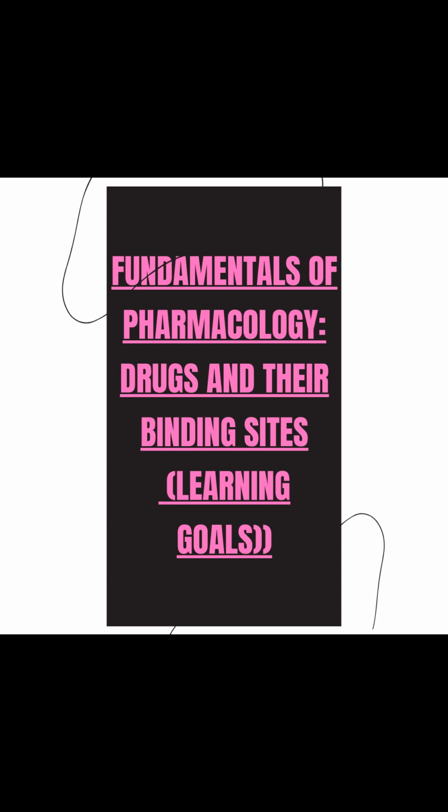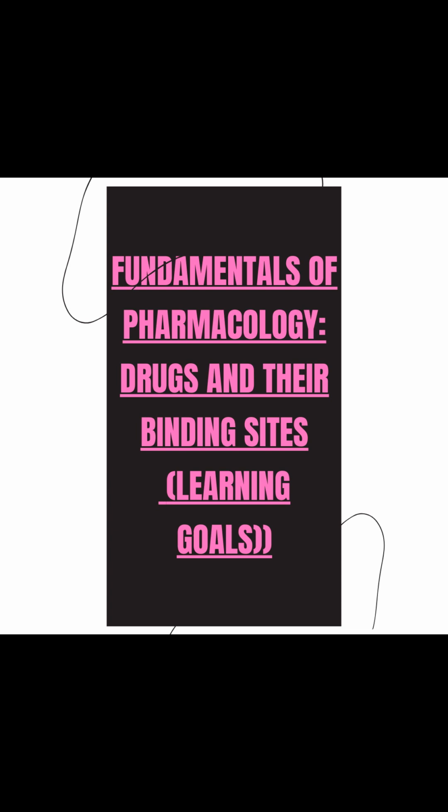2. Drug chemistry and structure. The chemical composition and three-dimensional structure of a drug significantly affect its interaction with receptors. Drug-receptor interactions are often based on complementary shapes and chemical properties. A drug molecule needs to have specific functional groups and chemical characteristics that allow it to bind to the receptor's binding site through various types of interactions, such as hydrogen bonding, electrostatic interactions, van der Waals forces, and hydrophobic interactions.